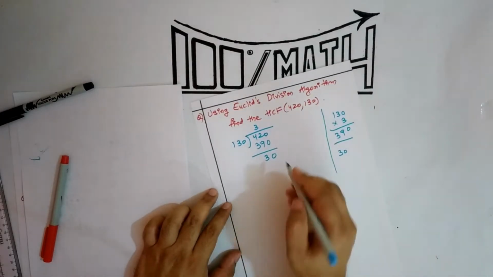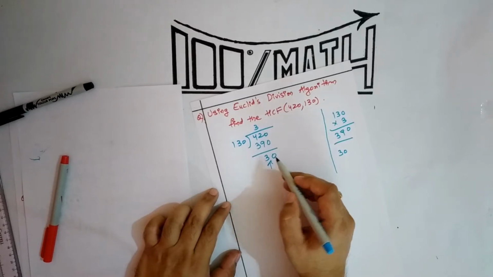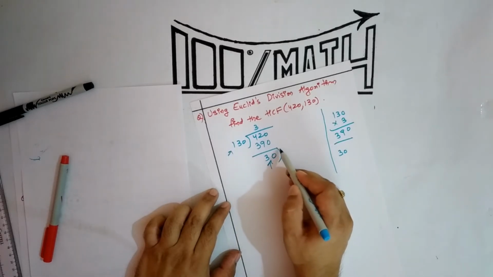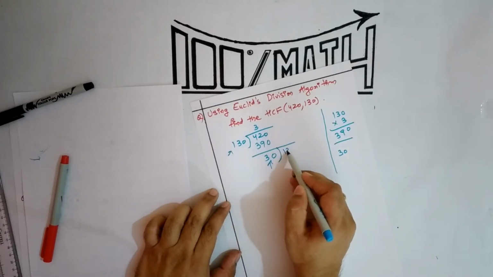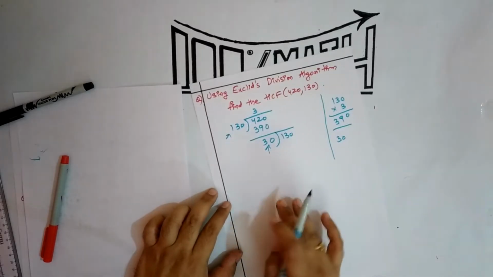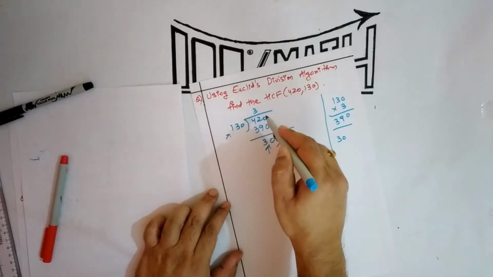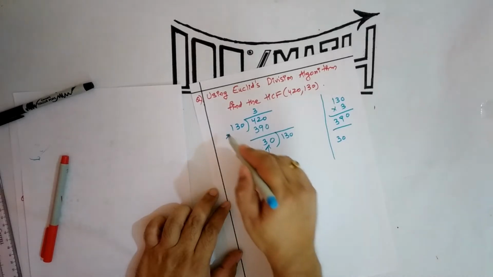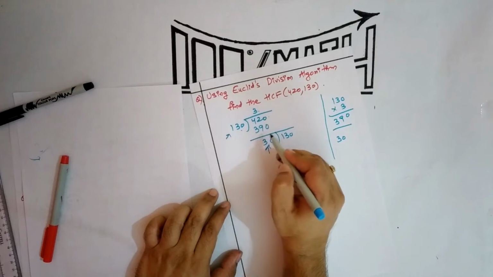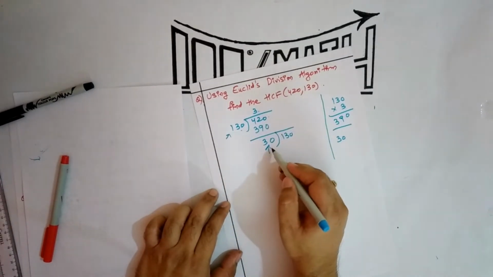Then what we have to do is, because the remainder is not yet 0, we will bring the divisor down into the next step. So now we will try to divide 130 by 30. One thing you have to note here is, once this division is over, this is a new division. For the previous division, this was the dividend, divisor, quotient and remainder. And now here, this is the dividend and this is the divisor.